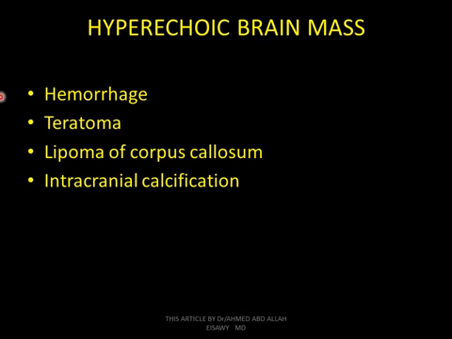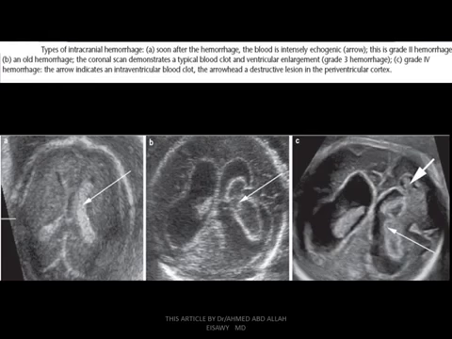Hyperechoic brain mass seen in the fetal brain on fetal ultrasound: hemorrhage, teratoma, lipoma of the corpus callosum, intracranial calcification. Types of intracranial hemorrhage soon after the hemorrhage: blood is diffusely echogenic, and this is grade 1, grade 2 hemorrhage. Old hemorrhage: coronal scan demonstrates typical blood clot and ventricular enlargement. Grade 3 hemorrhage. Grade 4